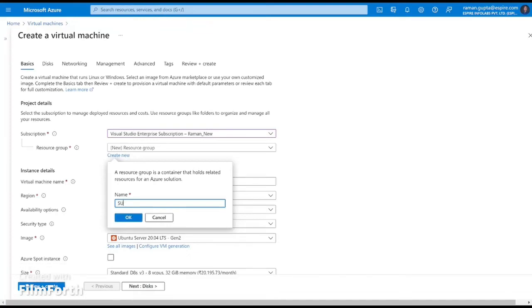Okay, so here in this video, I'm going to explain how to create a virtual machine to use it to install Sitecore using Docker. So first of all, go to Azure portal and go to create a virtual machine app, and then here choose your subscription and create a new resource group, or maybe you can use the existing resource